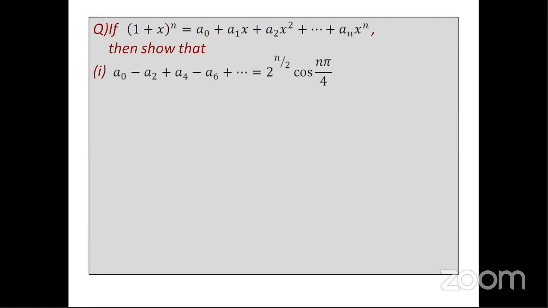We'll see another problem. If (1 plus x) whole power n is equal to a naught plus a1 x plus a2 x square plus so on plus an x power n, then show that number 1, a naught minus a2 plus a4 minus a6 plus